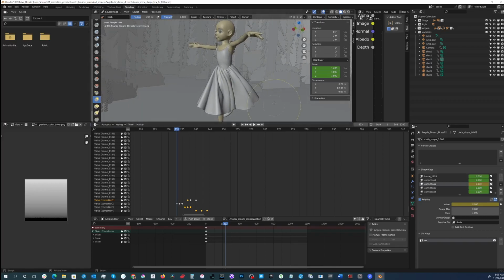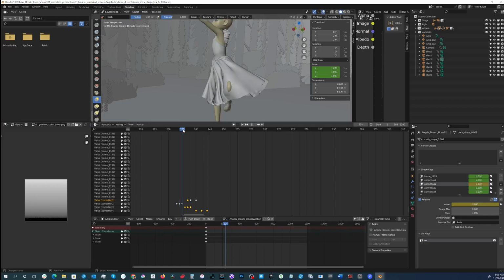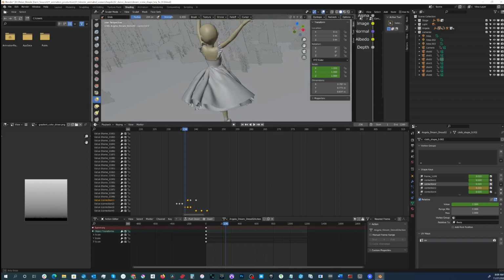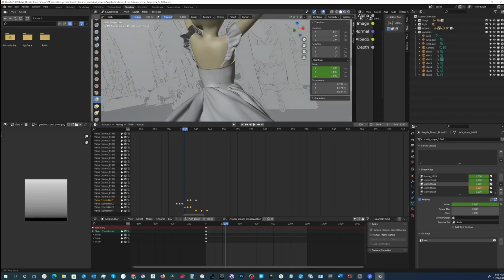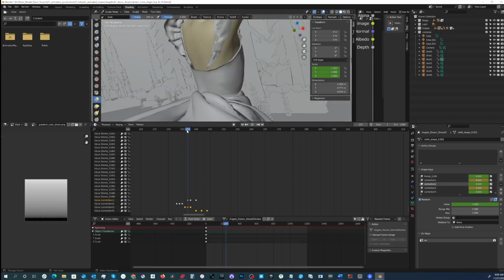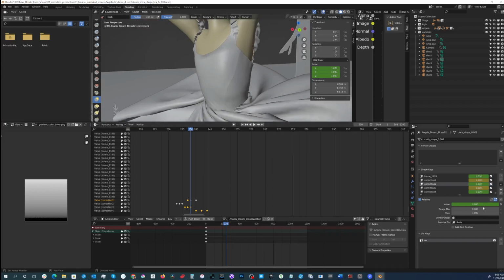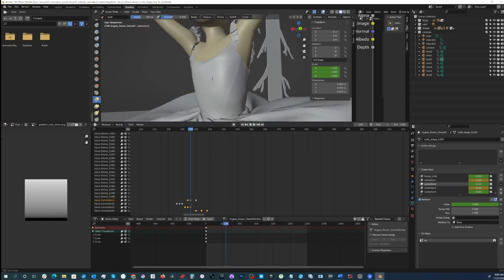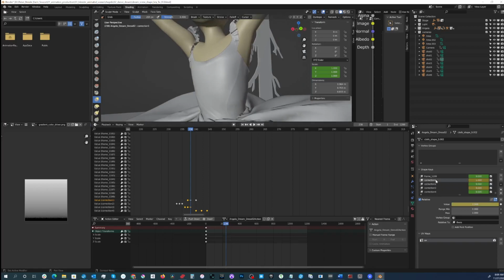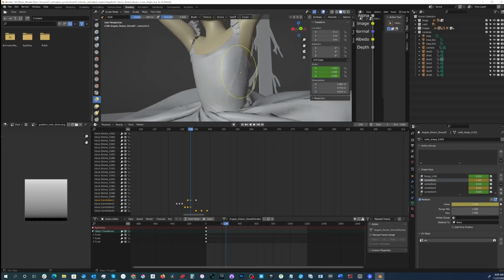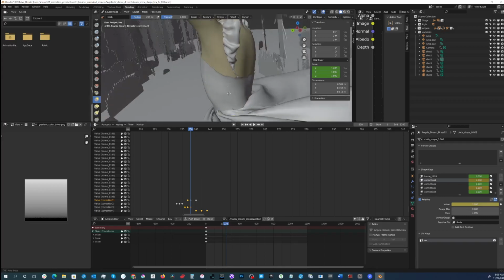So what's happening is, as we go through the dress here, there are places where it needs correcting. Let's look at this first one. So that one right there. On that keyframe, I have it set to a value of, hang on a second, this one is 1. Yeah, so that should be a value of 1 right there. So if I set it to 0,